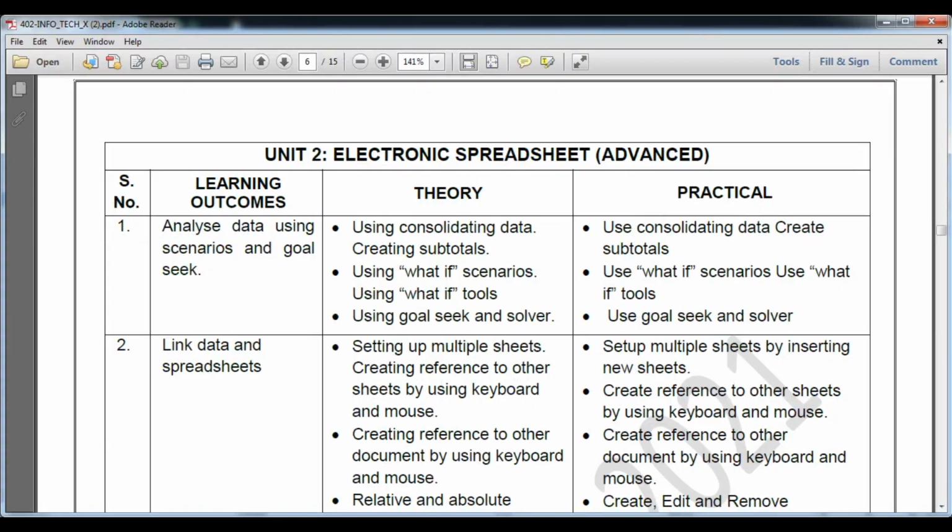So, students, we have learned today the what-if scenario, the what-if tool, that is multiple operation, using Goal Seek and Solver. Students, I hope you are learning well, and do all the steps that I have given you in the notes, step by step in a classwork copy.